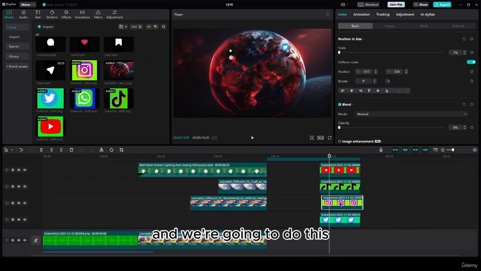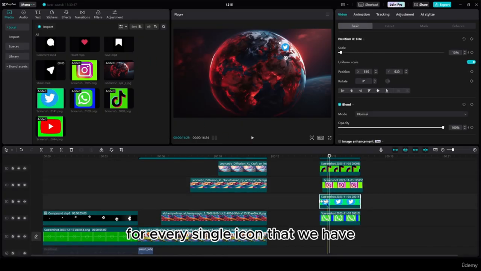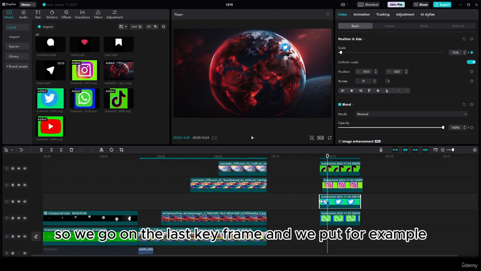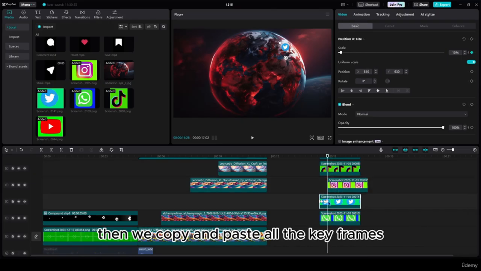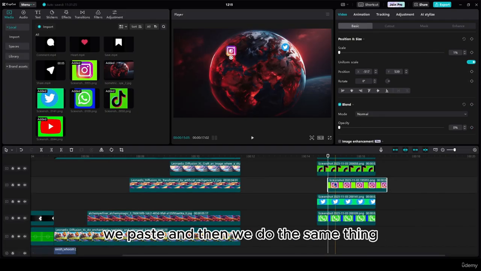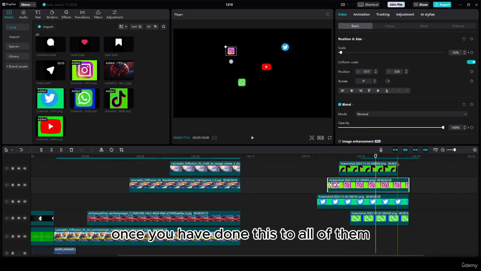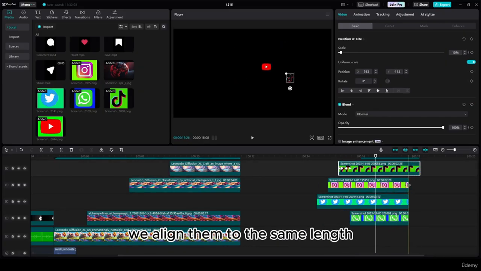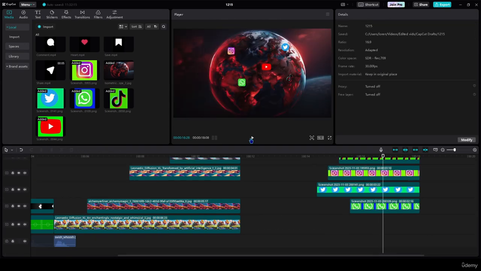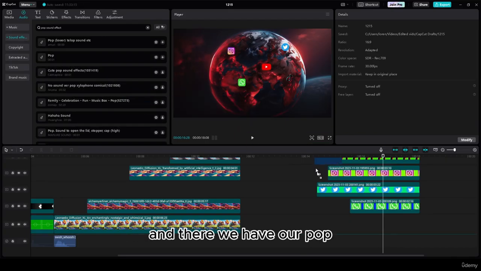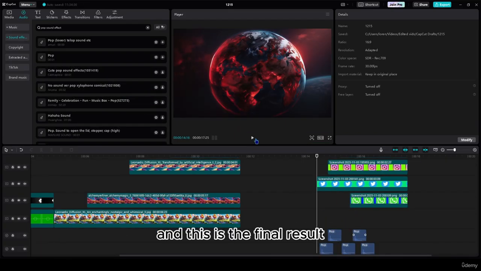Nice. And we're going to do this for every single icon that we have. So we go on the last keyframe and we put, for example, the Instagram logo here. Then we copy and paste all the keyframes. We go on Instagram, we paste, and then we do the same thing. Once we have done this to all of them, we align them to the same length. Looks decent, but we want to improve this even more. And to do that, I'll go on audio and search for a pop sound effect. And there we have our pop, and this is the final result,